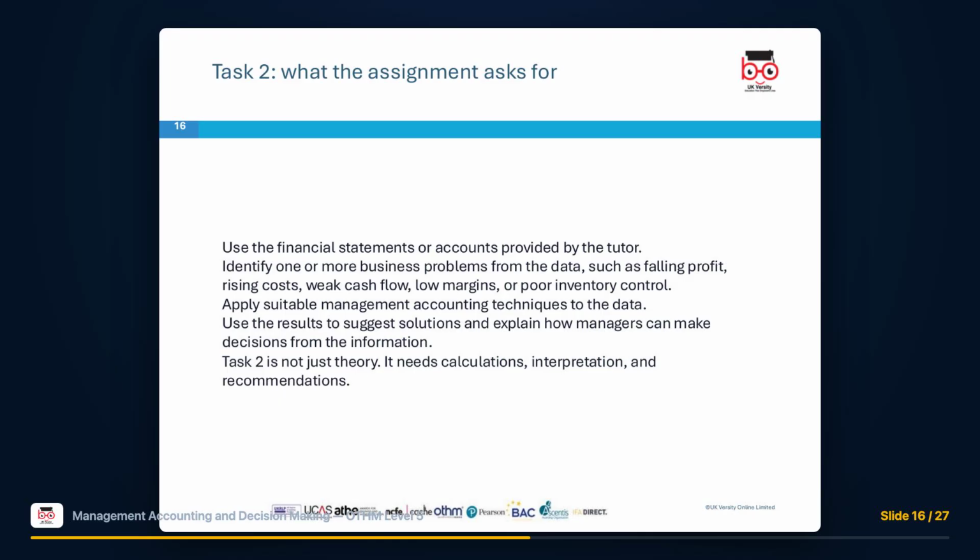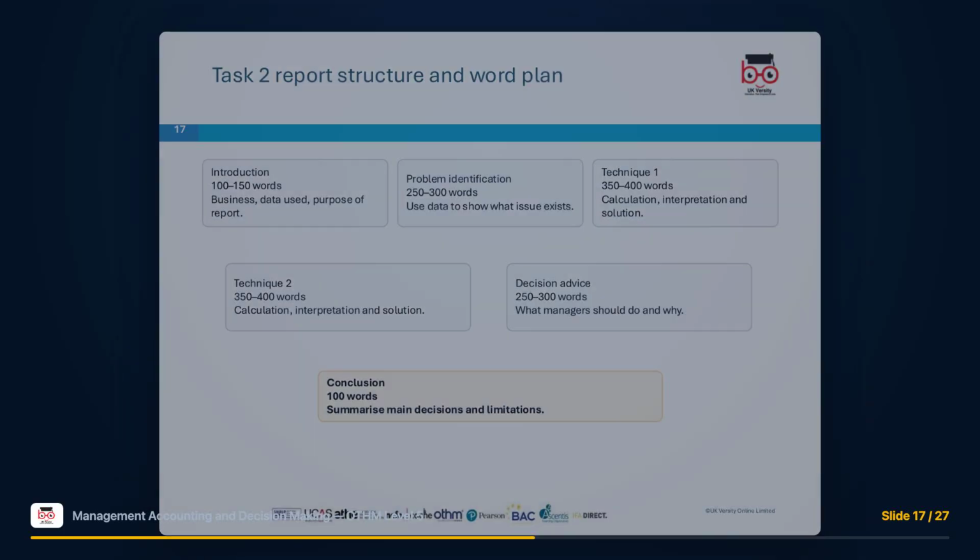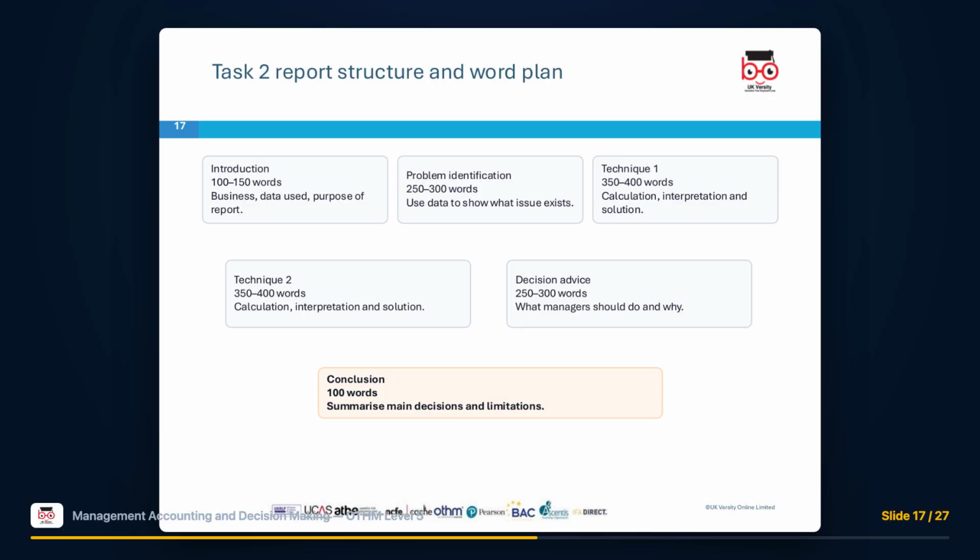This task is not just theory, it needs calculations, interpretation, and recommendations. Here's the Task 2 report plan: an introduction covering the business, the data, and the purpose. Problem identification, using the data to show the issue. Then Technique 1 with calculation, interpretation, and solution. Technique 2, the same. Decision advice on what managers should do and why, and a short conclusion summarizing the decisions